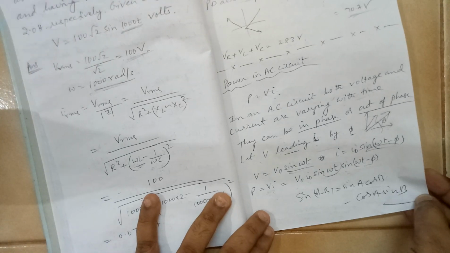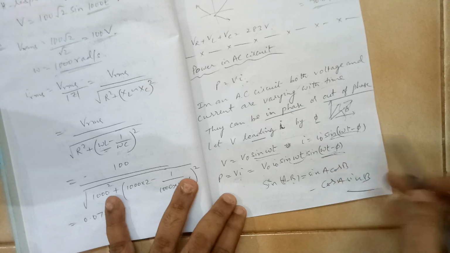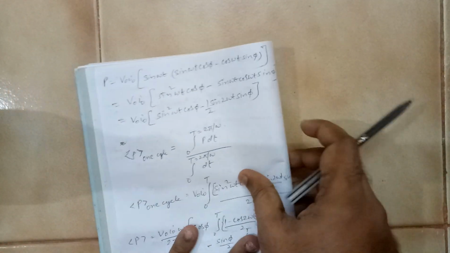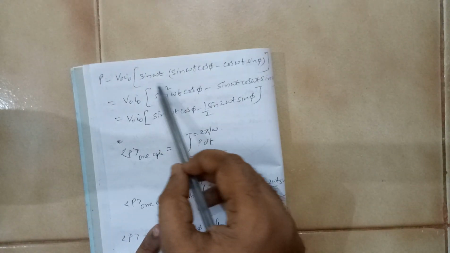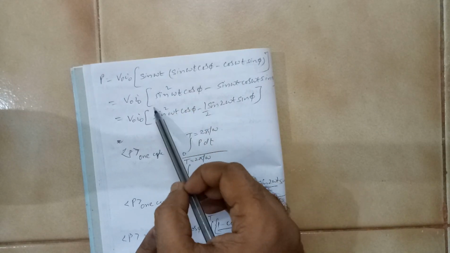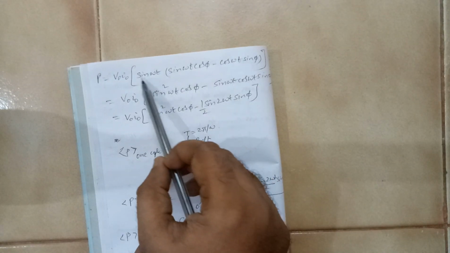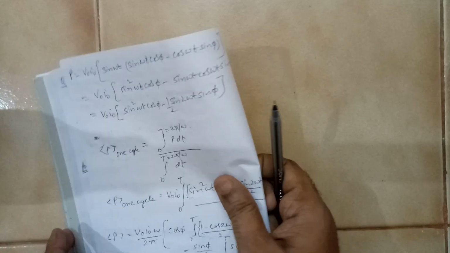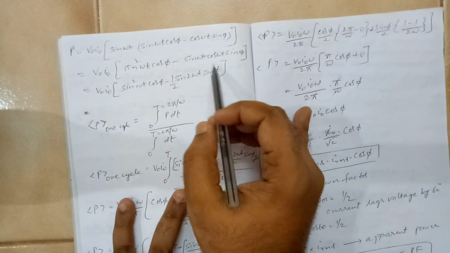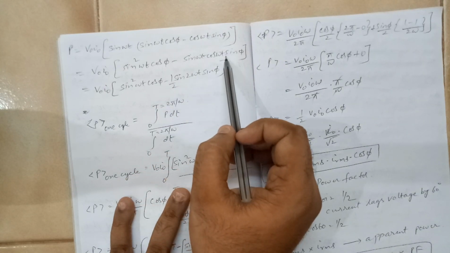Yes, you are applying the sin of A minus B formula to this. So what is A? Omega t. What is B? Phi. So sin A cos B minus cos A sin B. A is omega t. Now simply multiply. Sin omega t becomes sin square omega t into cos phi minus cos omega t sin phi. Outside there is a sin omega t, so sin omega t cos omega t into sin phi. So here it is sin square omega t cos phi minus sin omega t cos omega t.